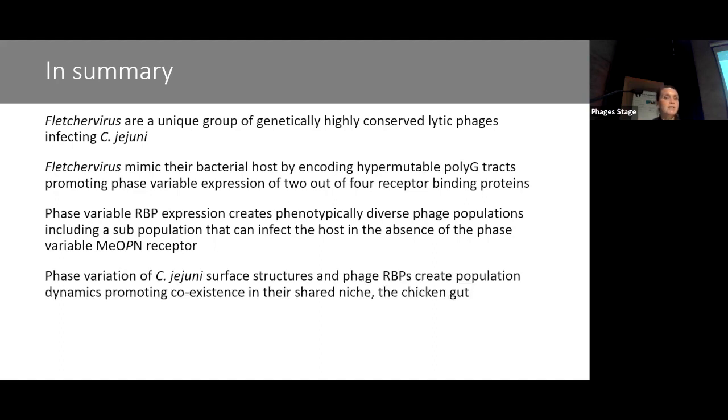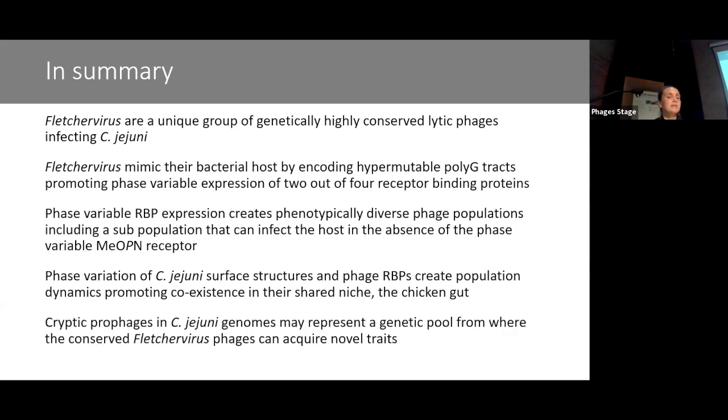And also that phase variation of both host surface structures, but also the phage RBPs actually create these stable but fluctuating population dynamics that can promote coexistence of both lytic phages and their host in the shared niche, the chicken gut. And finally, what we recently discovered is that these cryptic prophages that we have in many of the Campylobacter jejuni genomes actually may represent a genetic pool from where these conserved viruses are able to acquire